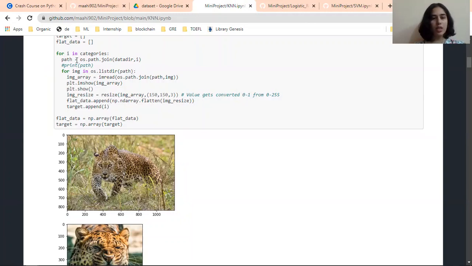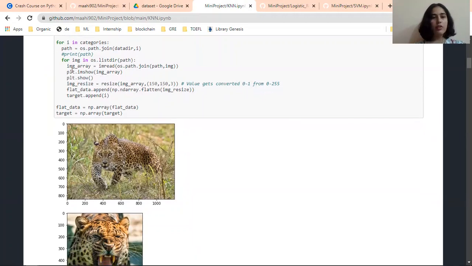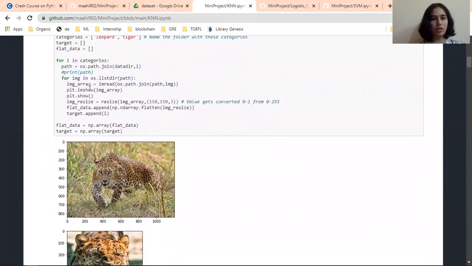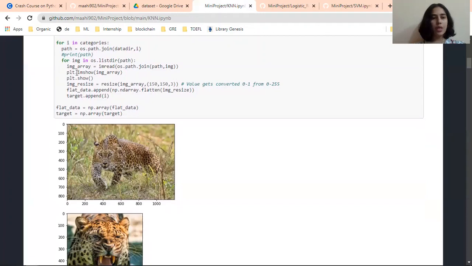So if any images are there, we will use image array, and in that we have given imread of os.path.join path and image. So the image which is there will get stored in image array.